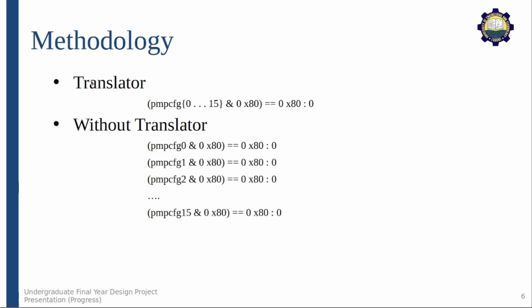The other feature support that we have added in the RISC-V ISAC is the translator. To understand how important this translator is to remove the redundant manual effort in crafting cover points, let's consider a cover point in which you have to check whether this bit of the PMP CFG, which is actually the lock bit, is set for all the first 16 registers. If you didn't have the support for translator, you had to write 16 cover points manually. But by using this syntax of the translator, you can simply write a single cover point that will be further translated automatically to these 16 cover points.